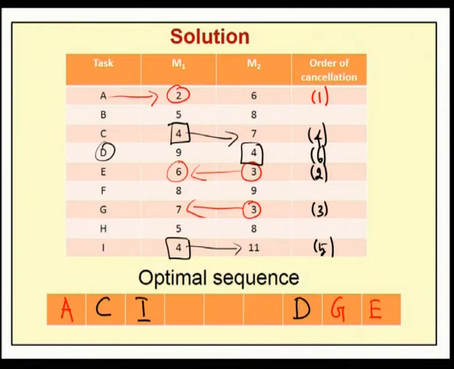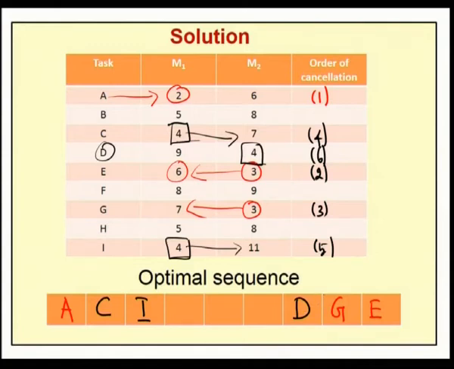So the next smallest to 3 is 4, which occurs in 3 places. So out of which corresponds to M1, it occurs in 2 places, and under the machine 2 it occurs in 1 place. So among these two, we have to select C task first and next I task second. Since it comes under machine 1, we have to place next to the first. Therefore we place C and I. Then this task D should be placed next to the last, which we placed here.